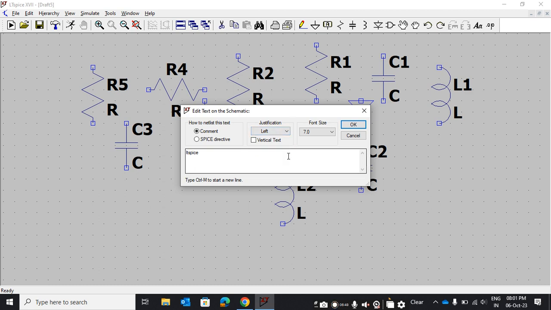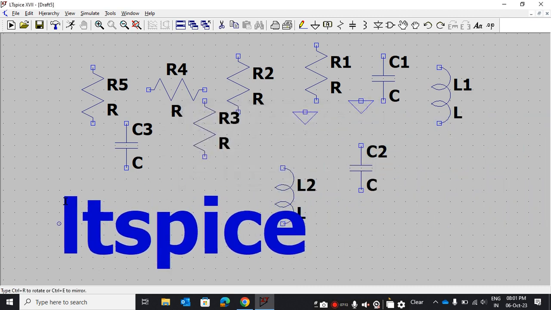Where is the color option? The color option is not in this; I changed it earlier. If you want it vertical, it comes horizontal by default, but if you want vertical, it will come by clicking here. Okay.